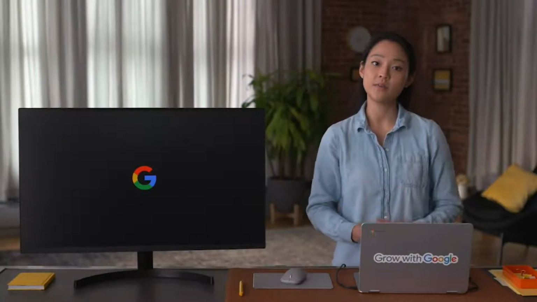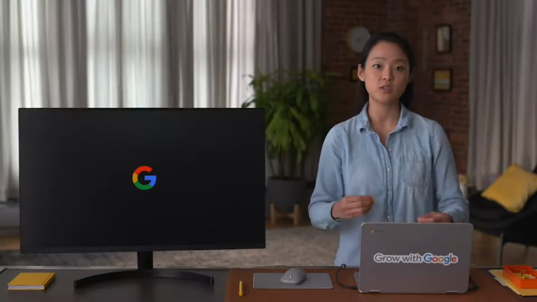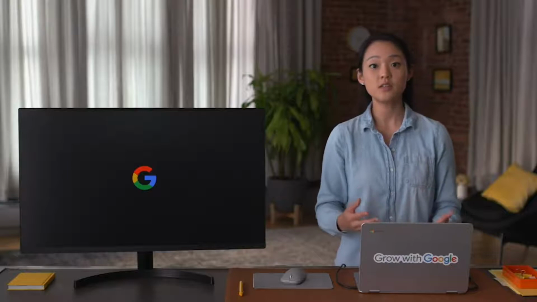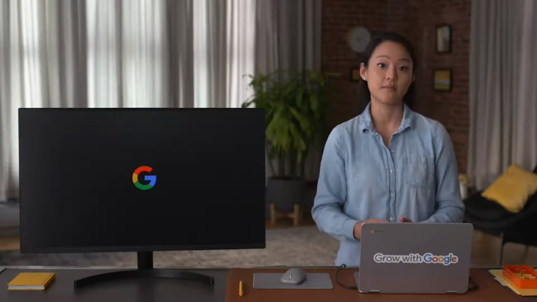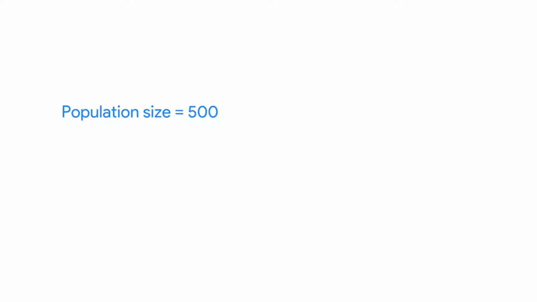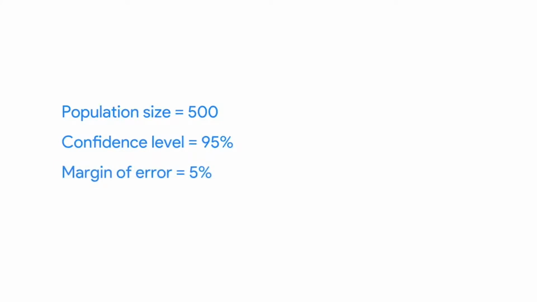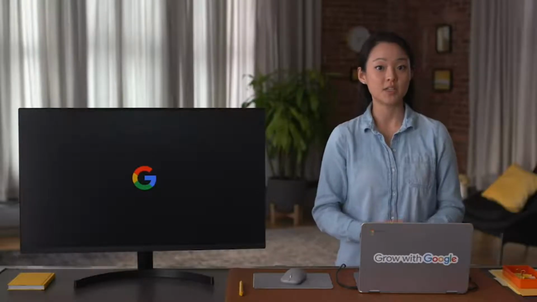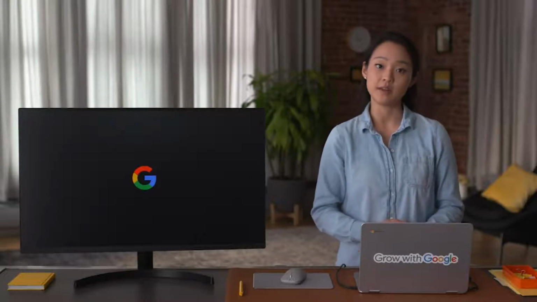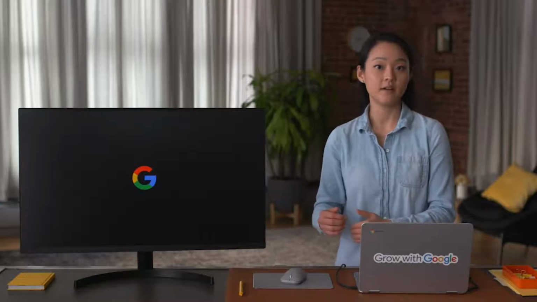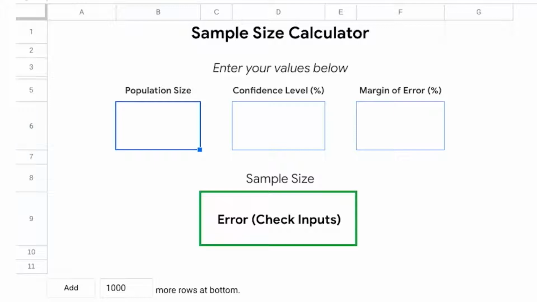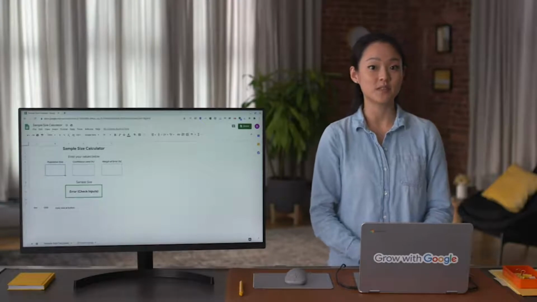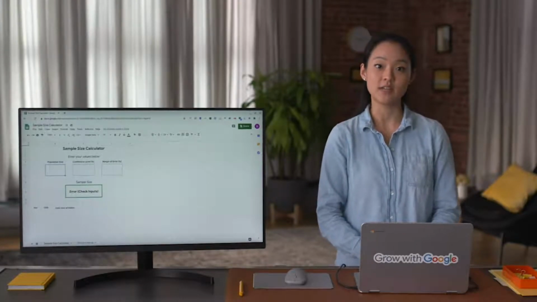Let's say that the principal of a middle school approaches you with a study about students' candy preferences. They need to know an appropriate sample size and they need it now. The school has a student population of 500, and they're asking for a confidence level of 95% and a margin of error of 5%. We've set up a calculator in a spreadsheet, but you can also easily find this type of calculator by searching sample size calculator on the internet. And just like those calculators, our spreadsheet calculator doesn't show any of the more complex calculations for figuring out sample size. So all we need to do is input the numbers for our population, confidence level, and margin of error.